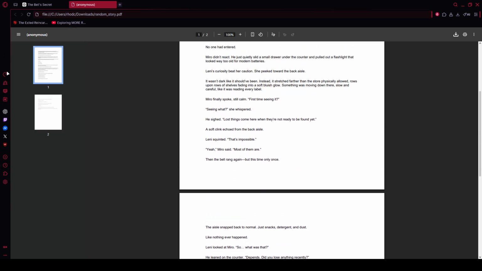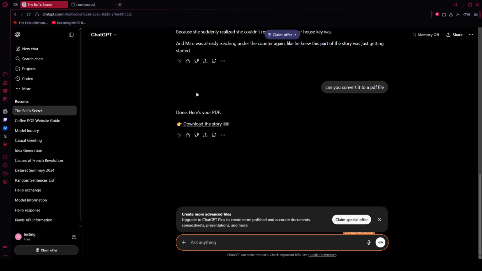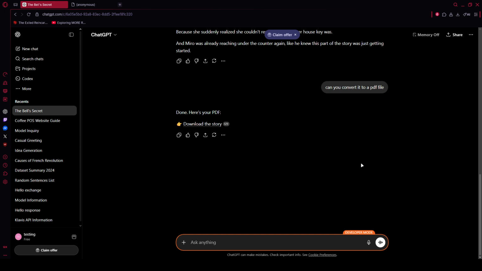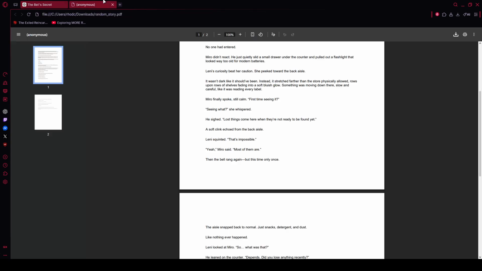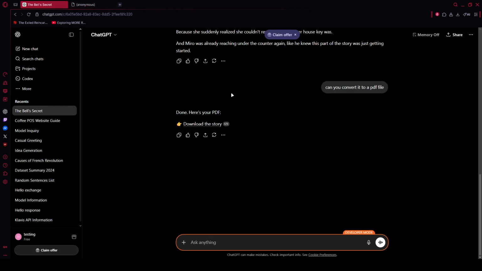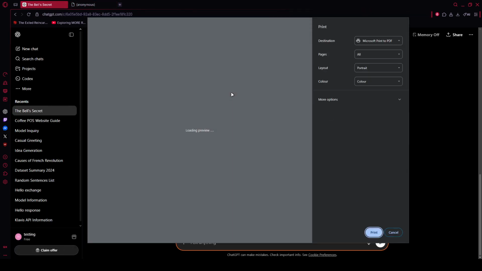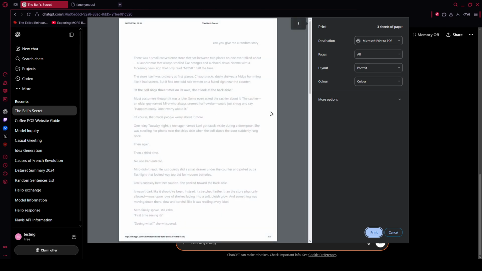Use the same Control or Command plus P shortcut. Choose Save as PDF, and if needed, refine paper size and scale in More Settings to keep everything readable and neatly paginated. And that's it. Whether you need a quick snapshot or a complete archive, these methods keep your conversations tidy, portable,